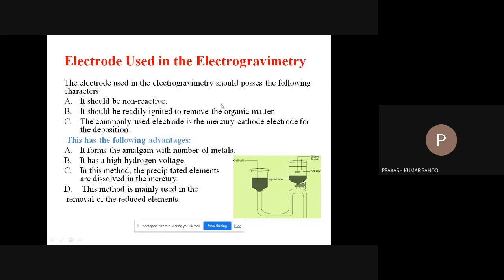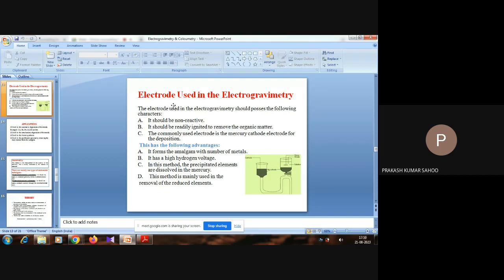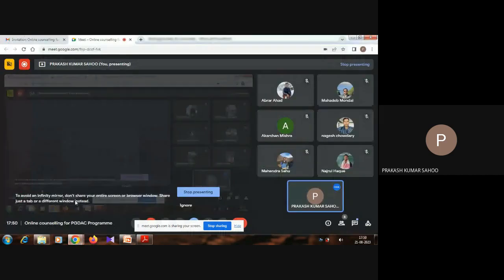So for the electrodes used in electrogravimetry, the electrode should possess the following characteristics: it should be non-reactive. So generally non-reactive metals or noble metals are used for this purpose. And it should be readily,